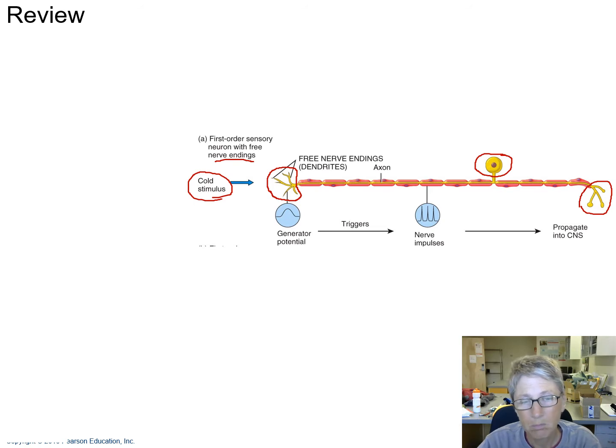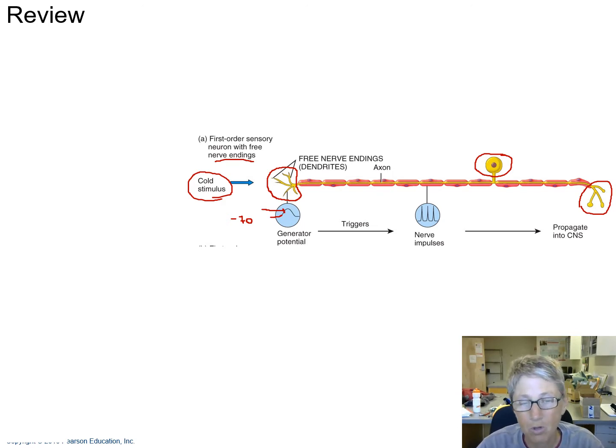So something's cold, and these free endings, dendrites, would detect that cold stimulus. They would initiate a generator potential. A generator potential is a type of graded potential, and we've talked about that. So if the resting membrane potential of this dendrite is, let's say, minus 70 millivolts, this cold stimulus would cause